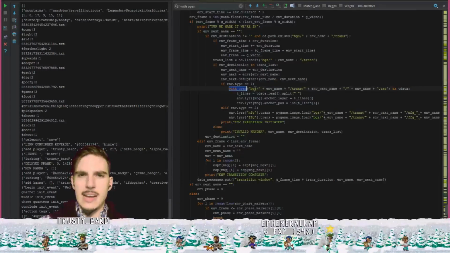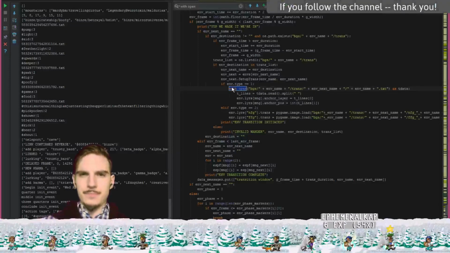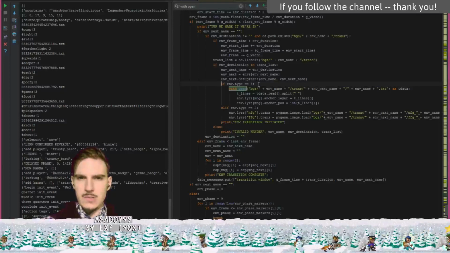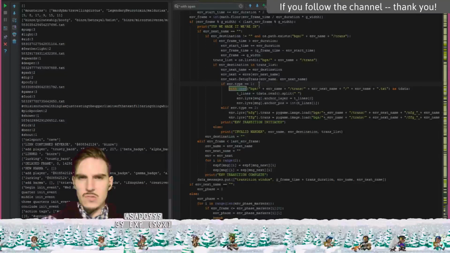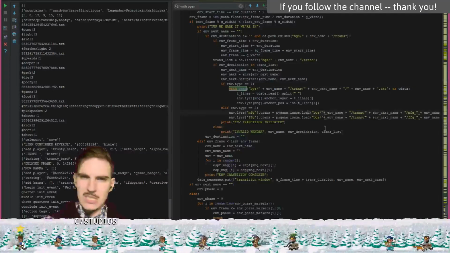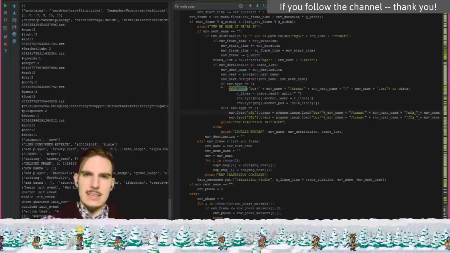Yeah, here it is. If env type equals 1. Oh, whoa, we're actually loading image data? Ugly. So what we're going to do instead is